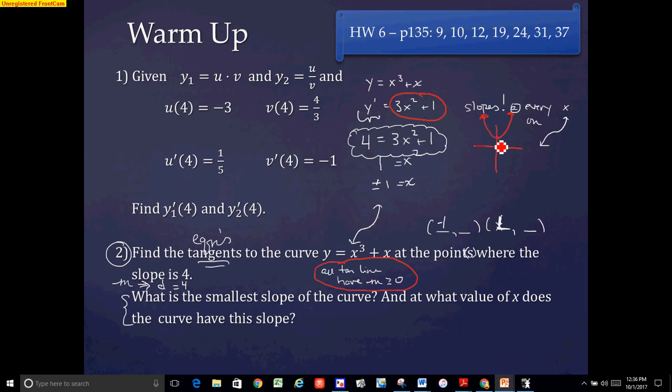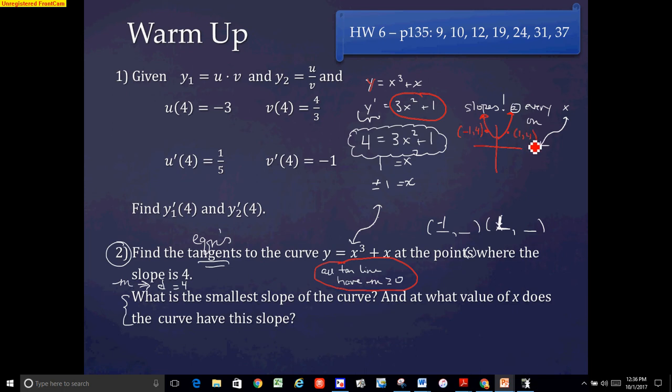Remember, at every x value, the y value, the range, are the slopes on y. So, at the point negative 1, 4, and the point over here, 1, 4,